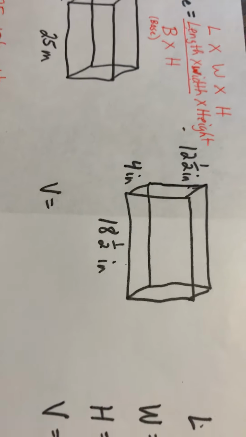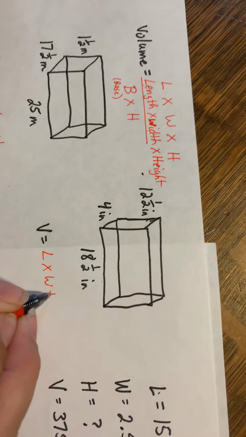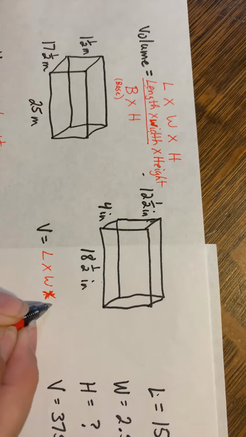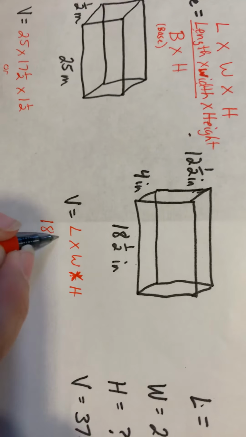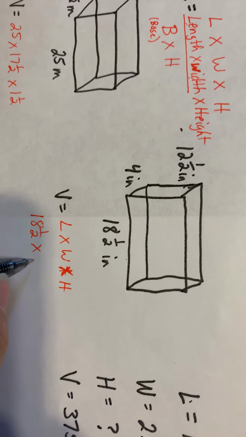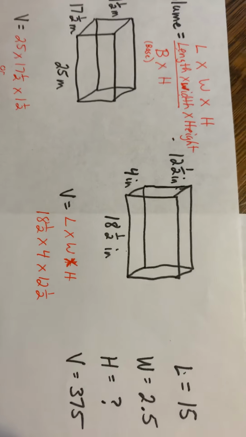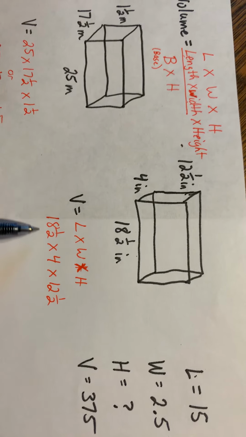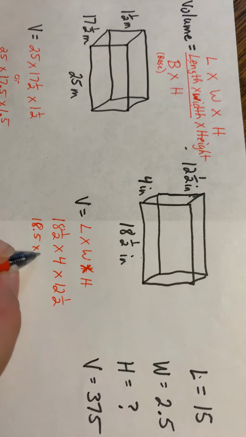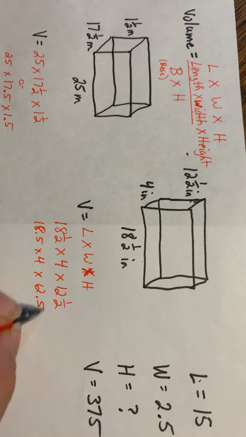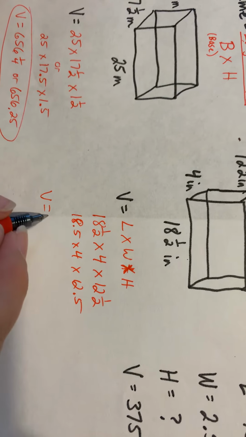All right, guys, let's see how you did on here. So I know volume is length times width. That's a times, whoops, not a plus, times height. So I'm going to plug in my length, which is 18.5, times my width, which is 4, times my height, which is 12.5. Again, you can multiply that through with fractions, or if you want to change your fractions into decimals, that's fine too. And again, when you multiply all that out, you should end up with a volume of